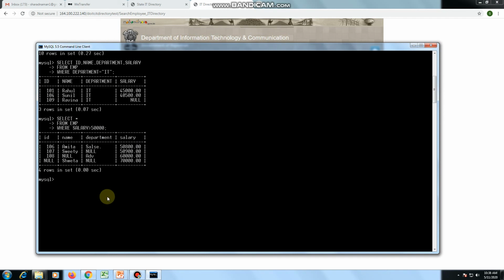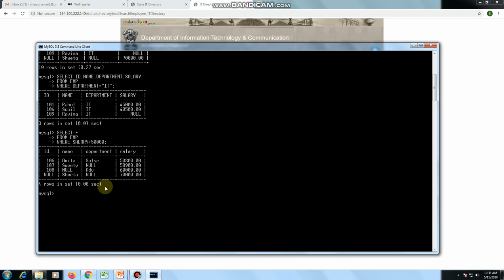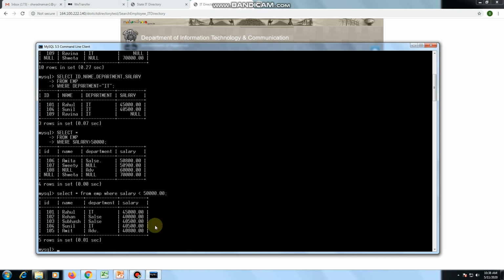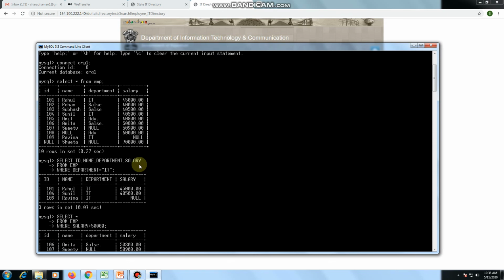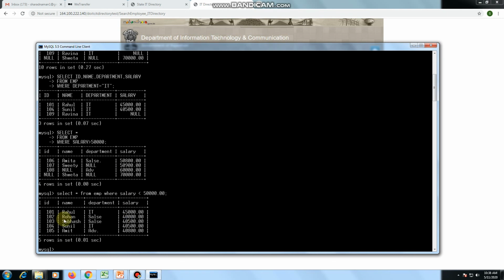For example, if you want to display a list of all employees having salary less than 50,000 rupees, then you can use select star from EMP where salary is less than 50,000. This where condition restricts the table according to salary. Only those records where salary is less than 50,000 will be displayed in our result table.